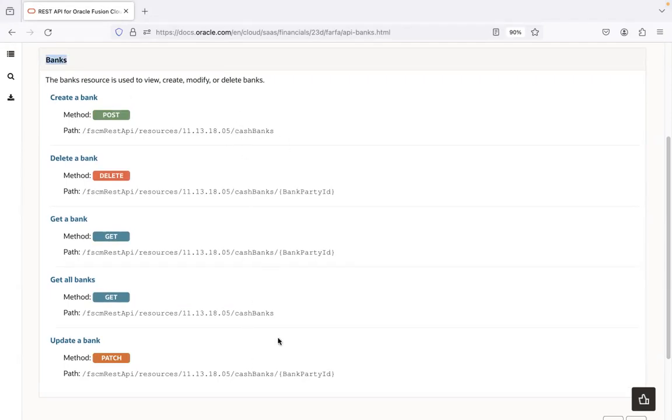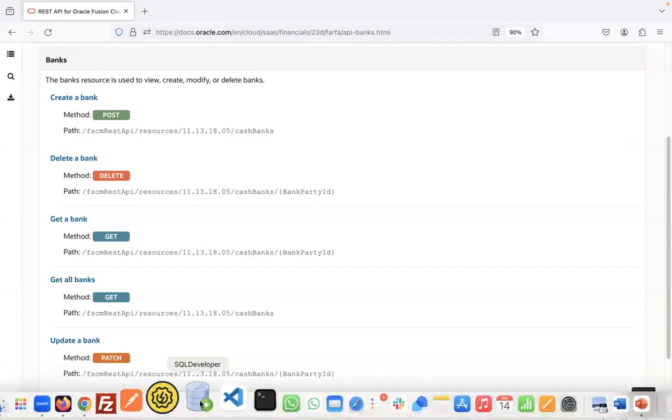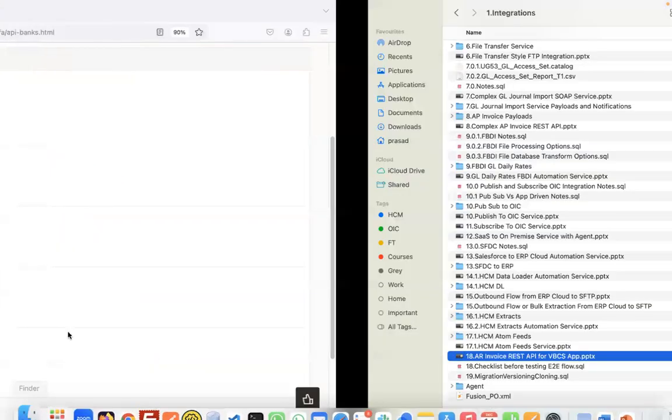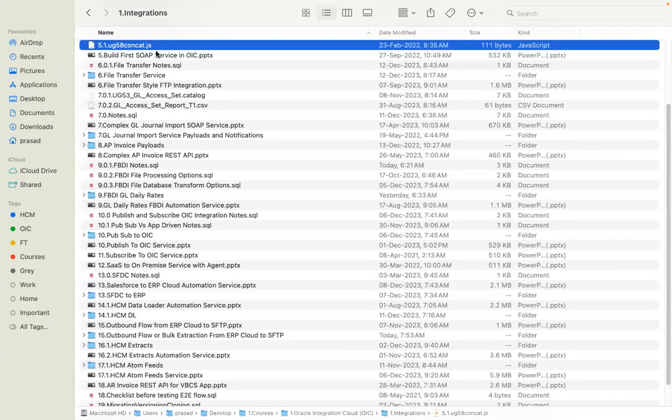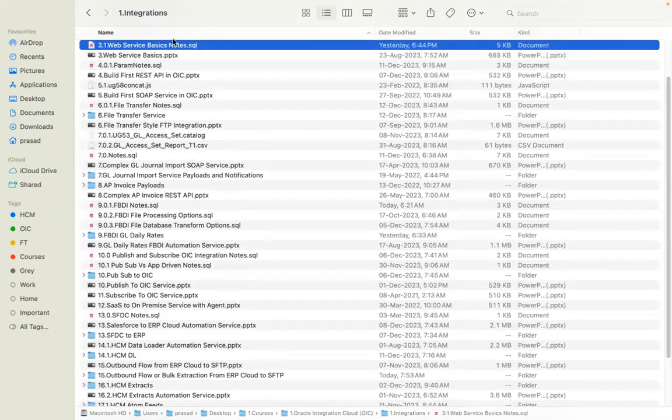And what do these endpoints help you with, guys? They help you to create, update, and delete a bank. And we also have 2 more endpoints here. One endpoint would help you to fetch all the banks. Another endpoint would help you to fetch a particular bank. In short, these REST APIs would help you to perform CRUD operations on the bank's resource. So if I go in here,